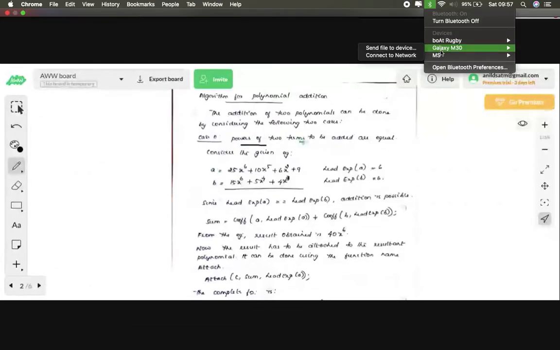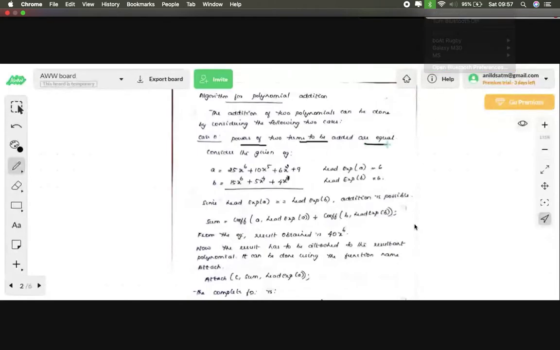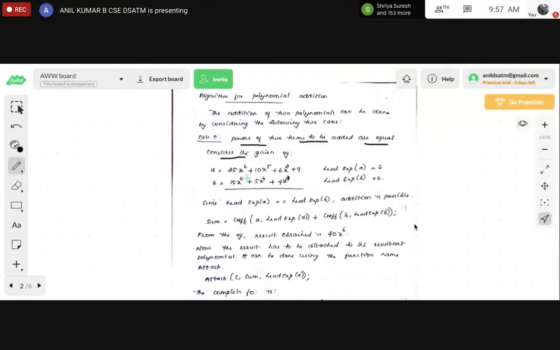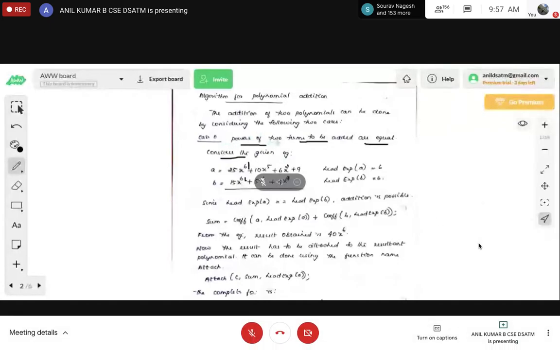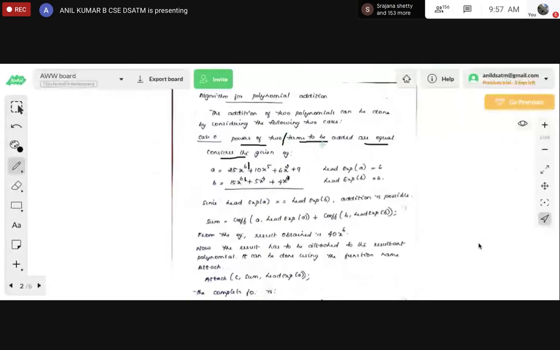Powers of two terms to be added are equal. Always make sure that the powers of the two terms are equal.